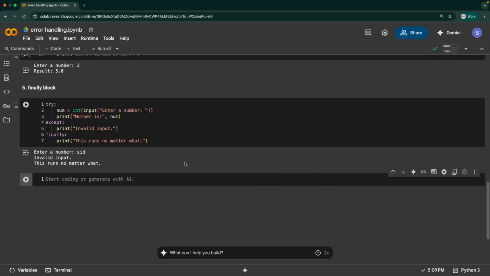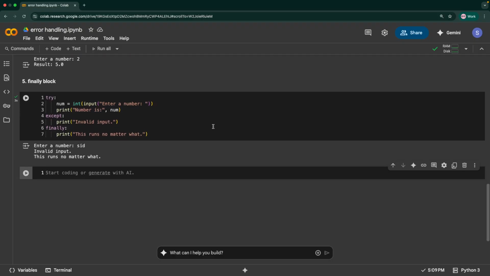Now if we think about the purpose of this, you can use finally to close files, stop timers, or clean up anything even after an error. It's like when you want a particular operation to happen no matter what, whether the code is successful or not. In both cases we want some action to happen. In that case you can use finally. As I said, if you want to close a particular file, clean up something and so on, it's really helpful.